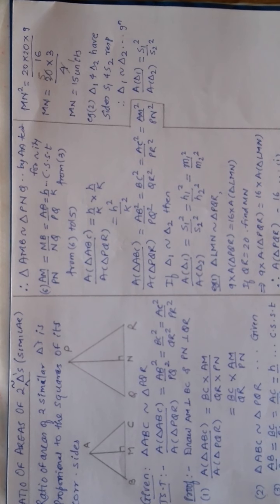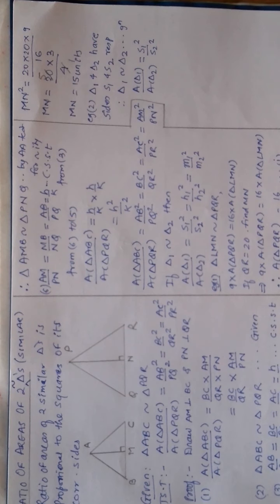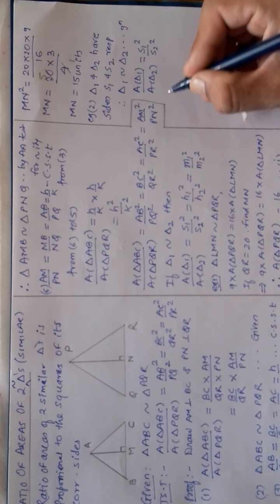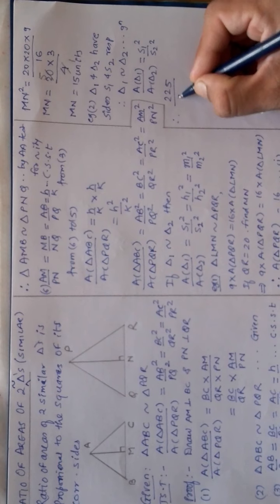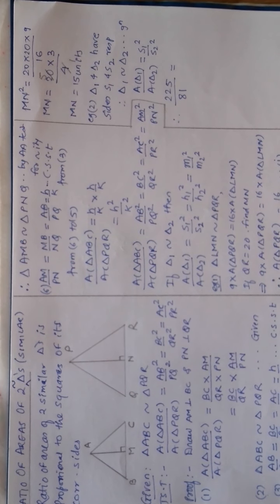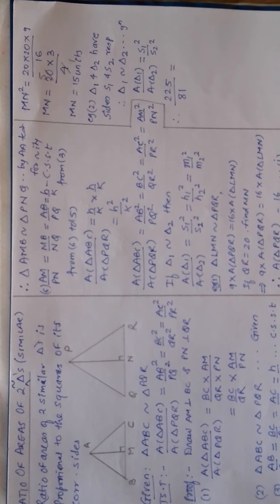Now luckily here, we have not mentioned which is bigger and which is smaller. See, there is no need to mention that. Now what you will imagine is that since the ratio of areas of two triangles is proportional to the squares of corresponding sides, it depends on sides, right? So whoever has more area will obviously have the bigger side. So if I take the area of the first triangle to be 225, I have not mentioned, so I can take anyone, and this as 81 as it is told. So obviously S1 becomes the bigger side, right?